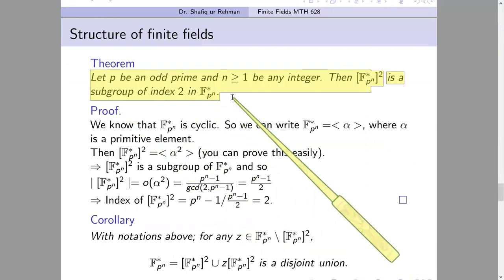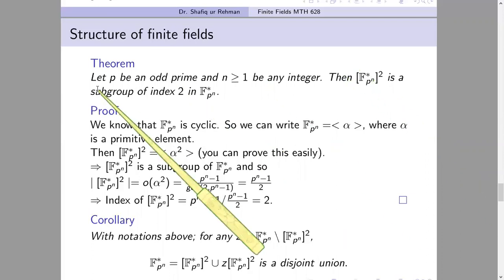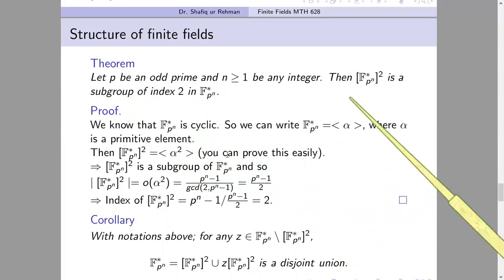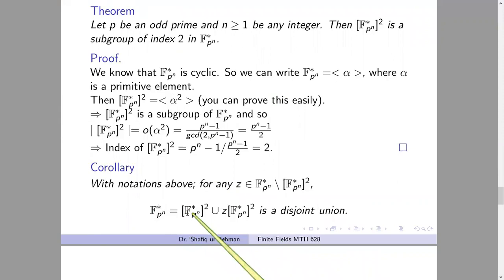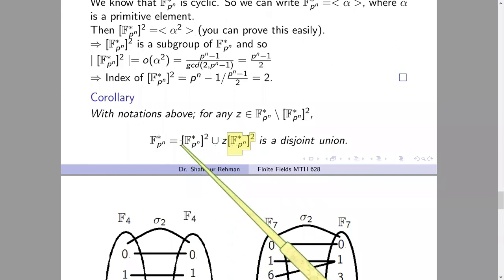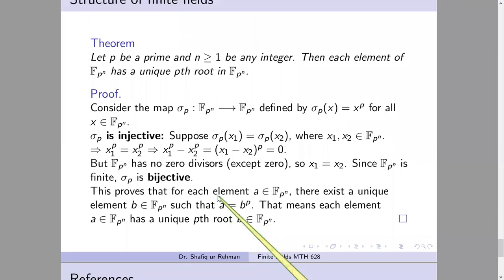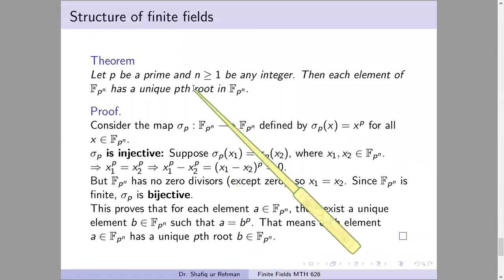जिसमें p 2 से डिफरेंट है, तो फिर इसमें जीरो को अगर निकाल दें तो बाकी जो स्क्वायर्ड एलिमेंट्स हैं वो सब ग्रुप बनाएंगे इंडेक्स 2 का। और इस तरह इस ग्रुप के दो पोर्शन हो जाएंगे, एक में स्क्वायर्ड एलिमेंट्स आएंगे, एक में नॉन स्क्वायर्ड। तो आधे एलिमेंट्स का स्क्वायर रूट एग्जिस्ट करेगा और आधे एलिमेंट्स का नहीं करेगा, और जो आधे एलिमेंट्स का स्क्वायर रूट एग्जिस्ट करेगा वो एक नहीं होगा, एक से ज्यादा स्क्वायर रूट होंगे। तो ये सारी चीजें हमने इसमें डिस्कस की,